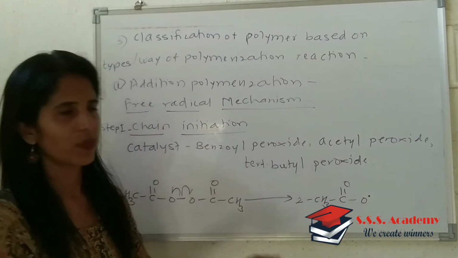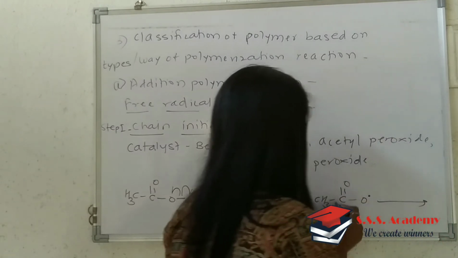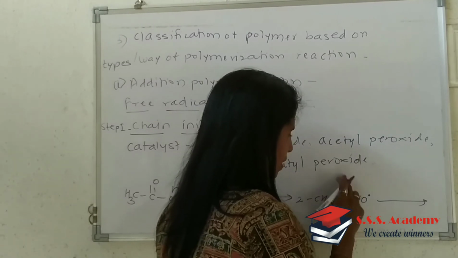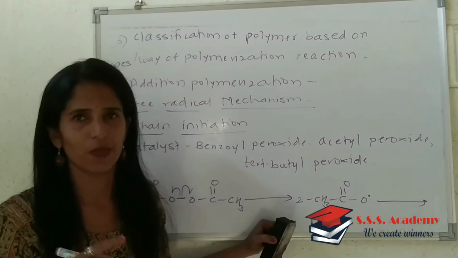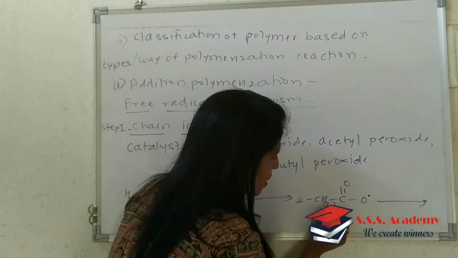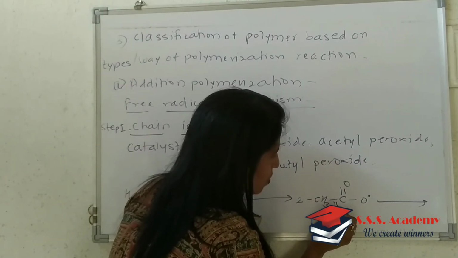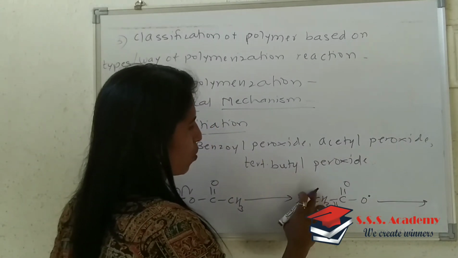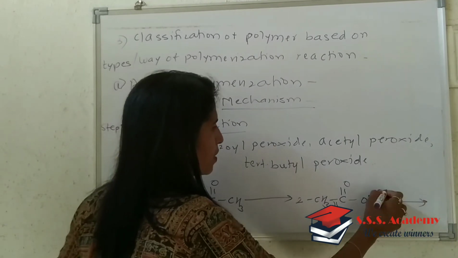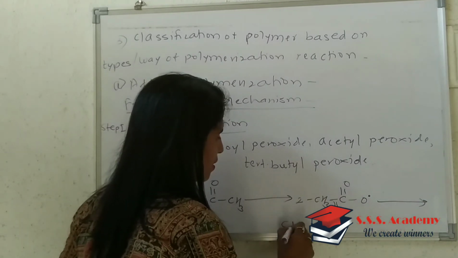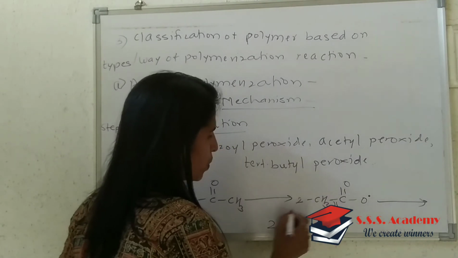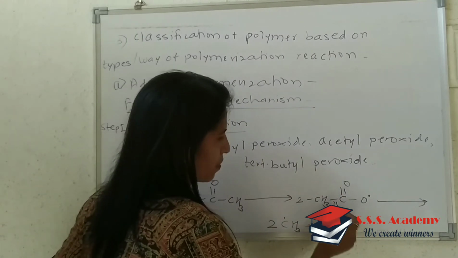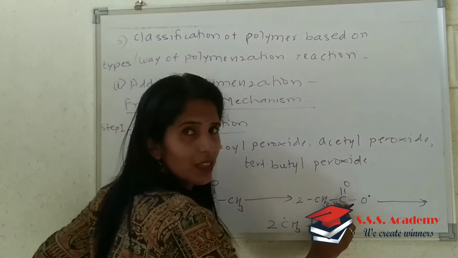Is it clear? What next will happen? See, the bond between methyl and this carbonyl group again undergoes homolytic fission. How? That we will see. See, these are the bonds, one directional bonds indicating the position for those electrons, right? So one bond will go with this CH3. So after this, what you will write is CH3, 2 CH3 must be there with 1 electron on it. Is it clear? And 1 electron will go with this carbon.